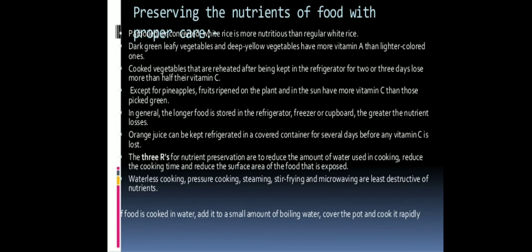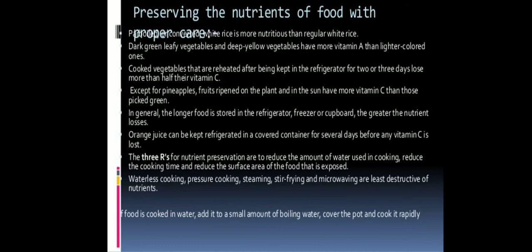So first is white rice. So students, white rice is enriched with vitamins, okay, like folate to improve its nutritional value. And additionally, white rice has low fiber content that may help with digestive issues. And the second point is